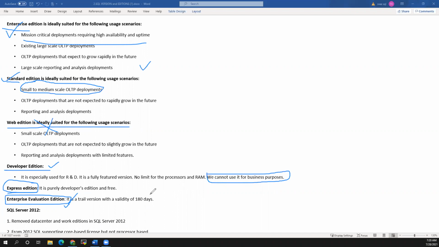But here we will be having 180 days of expiry. After 180 days, whatever software you install will expire. It is the same as the Enterprise edition, but Enterprise edition is a licensed one, so you will actually be buying the license for Enterprise. We are not buying any license for the Evaluation edition. This is just for evaluating the product, and it is only for a 6 month period. After 6 months it is going to expire.